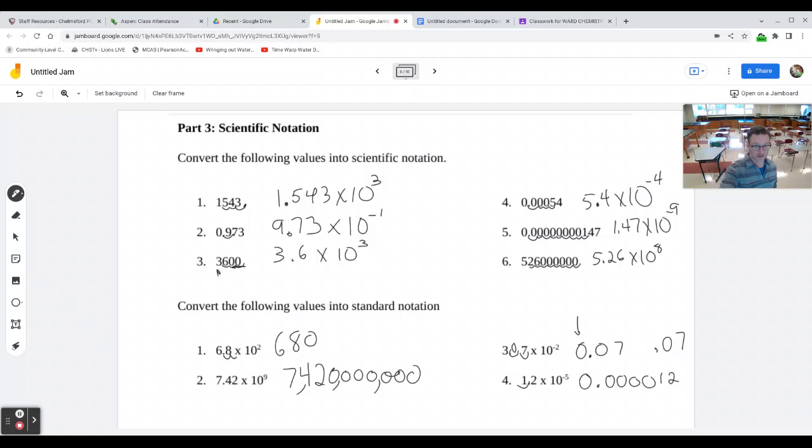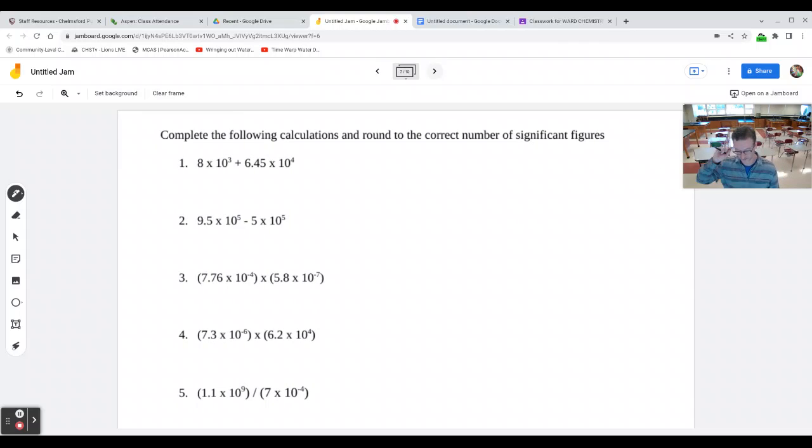All right, then the last couple of problems here, calculations with scientific notation. So in scientific notation, remember adding and subtracting, you have to have the exponents match first and then do the calculation. In this case, these exponents don't match. There's a 3 and a 4. So this is 1,000 and this is actually 10,000. So the decimal point wouldn't line up if you just stack these numbers the way they look now. So in order to fix that, I have to move this decimal point over 1, which now makes it 0.8